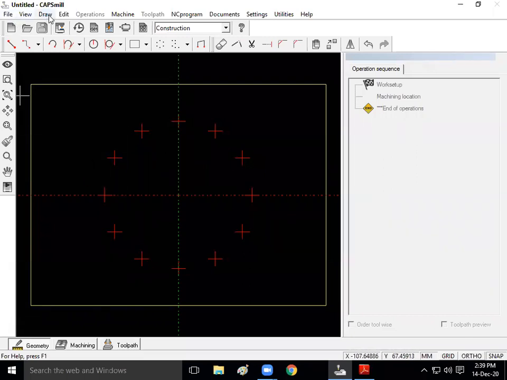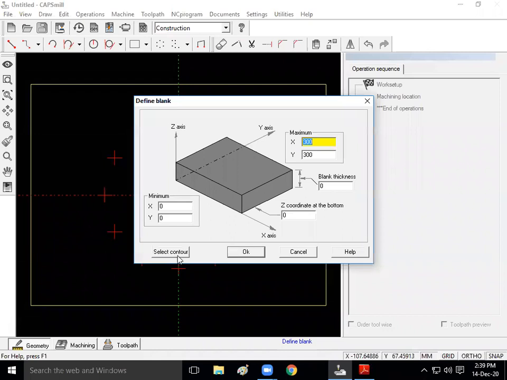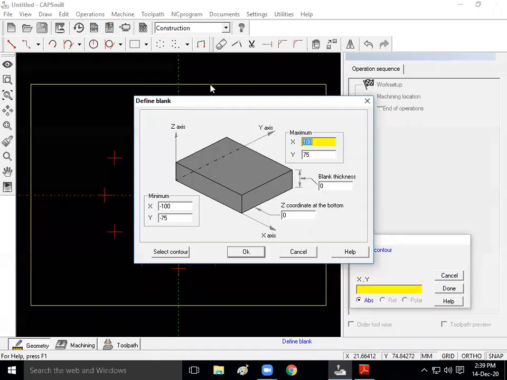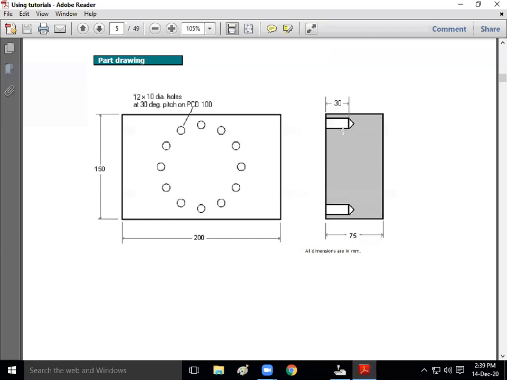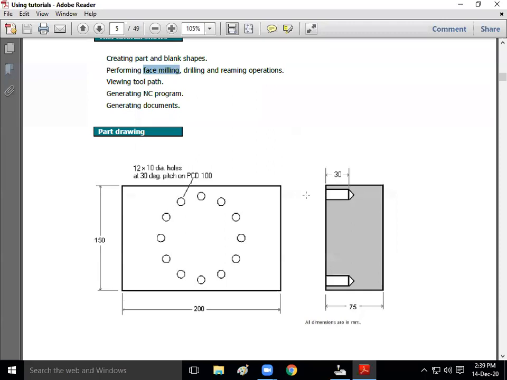After this, again I'm going to click on draw, and I'm going to click on define blank. So I'm going to click on select contour, and I'm going to select this rectangle, and it is asking the blank thickness. The thickness of this part is 75 mm, but he has told us to carry out the face milling operation.